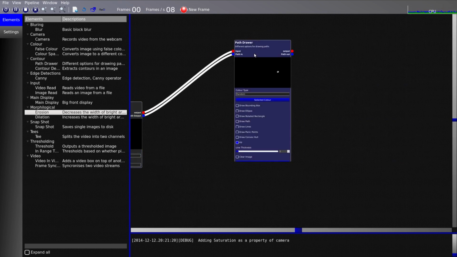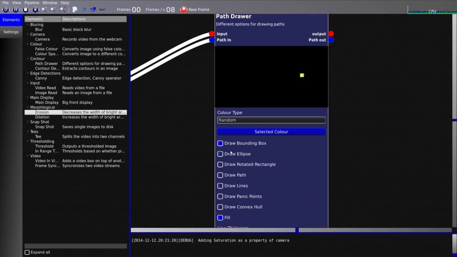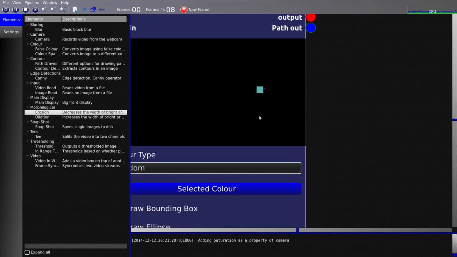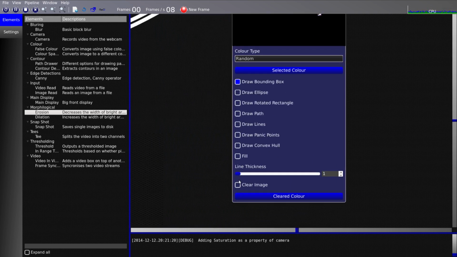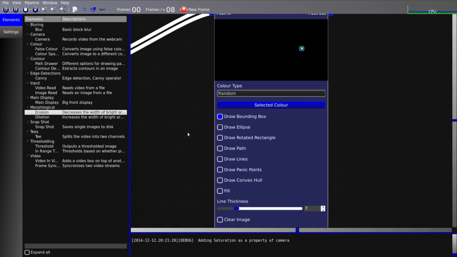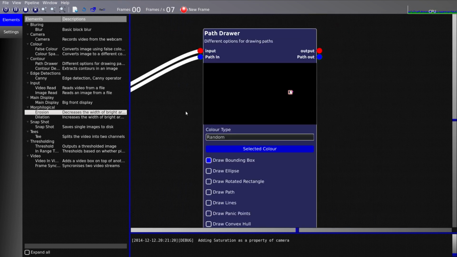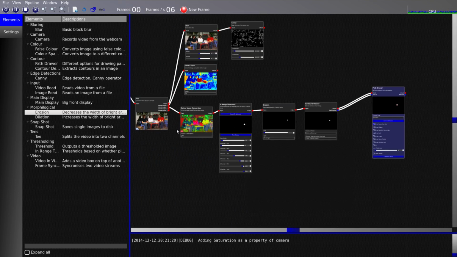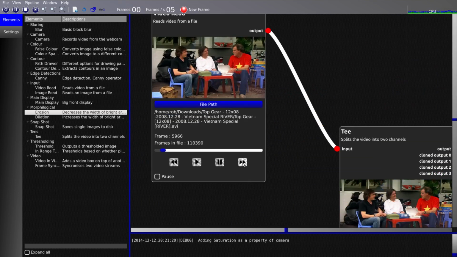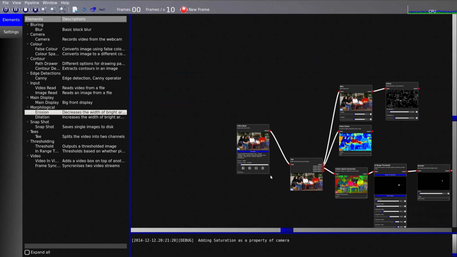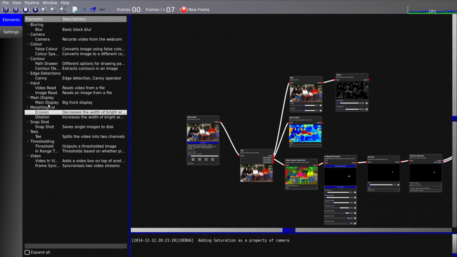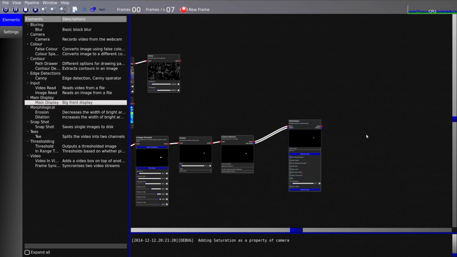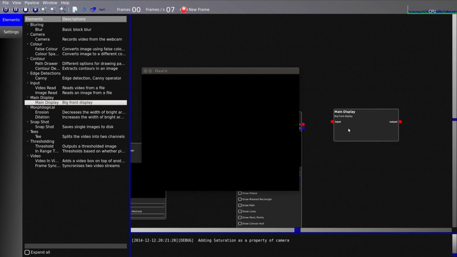and then find the contours and then draw a bounding filled box, or just a normal box with a certain line thickness, we can then see that it's going to pick that out. So if I just play the video and I step through, I'm just going to load it, I'm going to put that onto the main display so you can see what's going on,